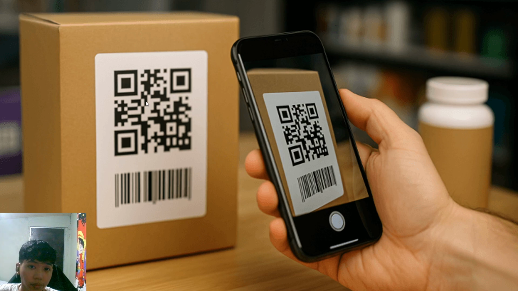First, the end user, or maybe a retailer, scans a QR code on the product box using a simple mobile app. This scan needs to retrieve all the product history from the blockchain.